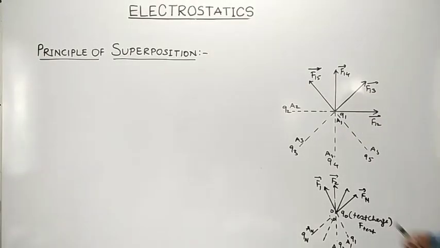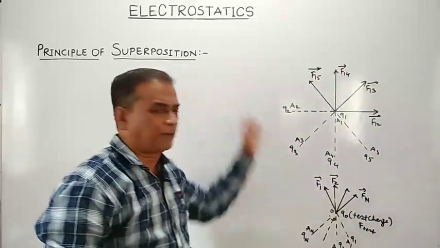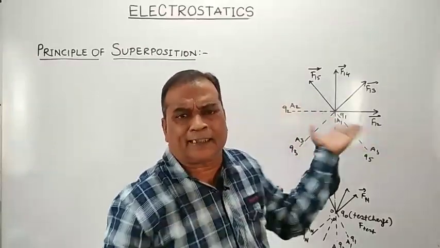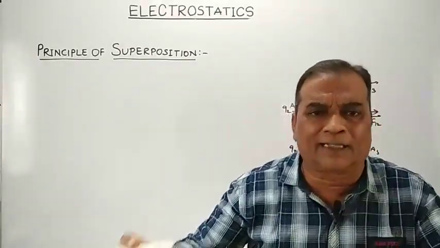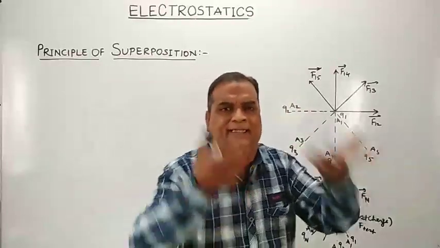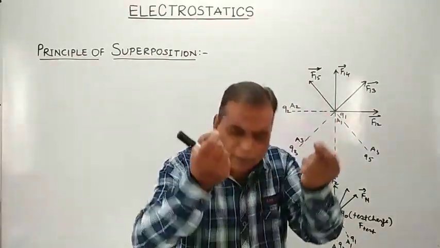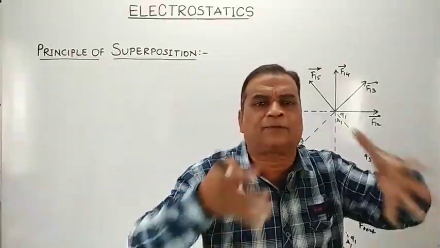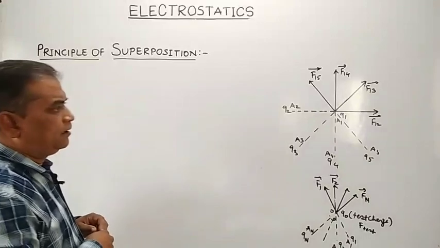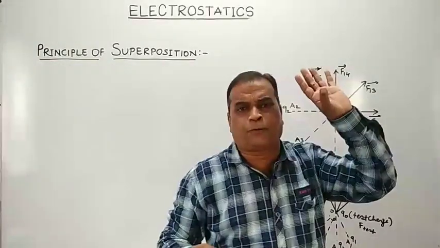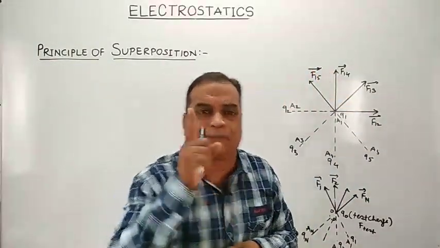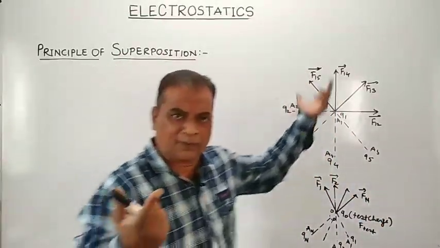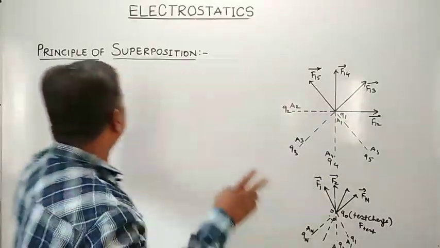Now again, one of the important concepts, that is the principle of superposition of charges. Up till now in Coulomb's law, we considered only 2 point charges and the interaction between them. But instead of only 2 charges, when many charges interact with each other, if we try to find the resultant force on a particular charge, then it must be equal to the vector sum of the force exerted by the individual charges. So what is the principle of superposition